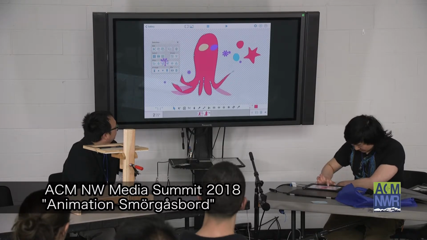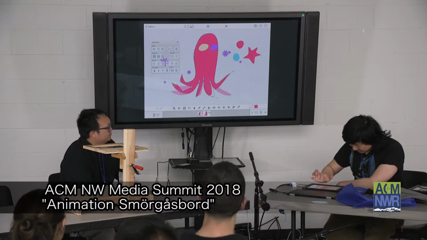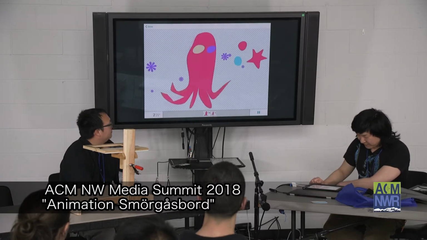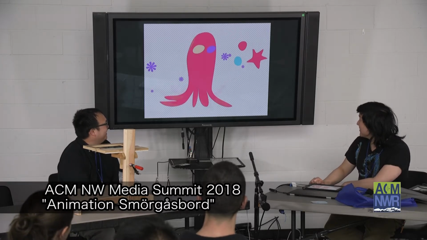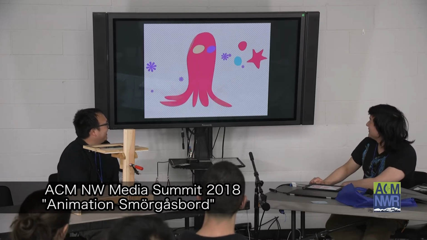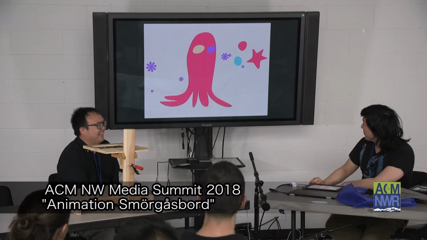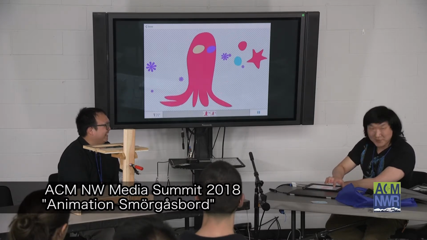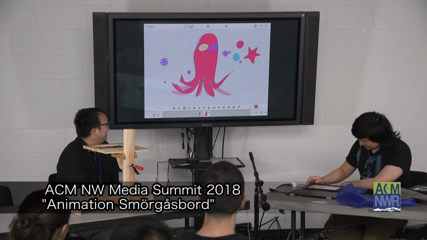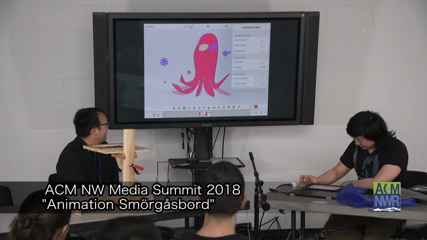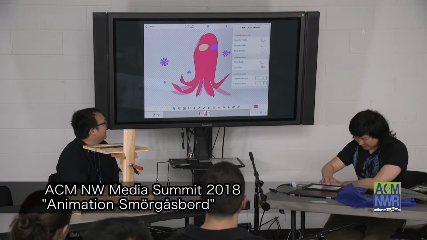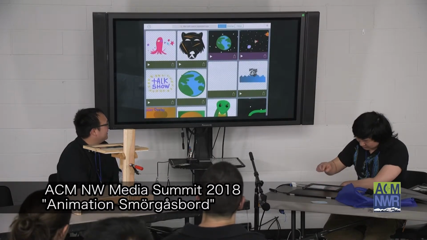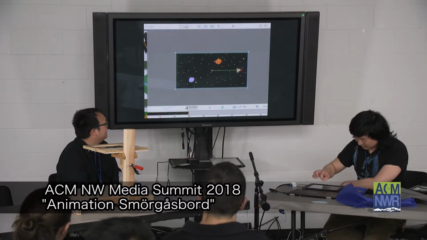Okay, so now I've made some very rudimentary changes in this guy, and I can move him around like that. Now when I hit play, yeah, isn't that great? What is happening? I think that's at 30 frames a second right now, and there's 2 frames, so you get kind of erratic results like that. Instead of continuing on that path, I'm just going to show you this fun little cartoon, again